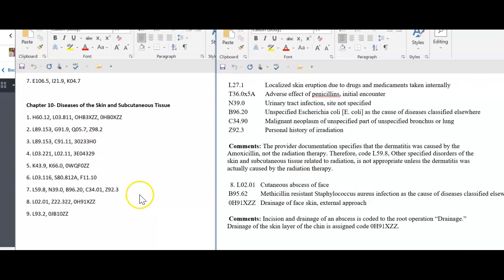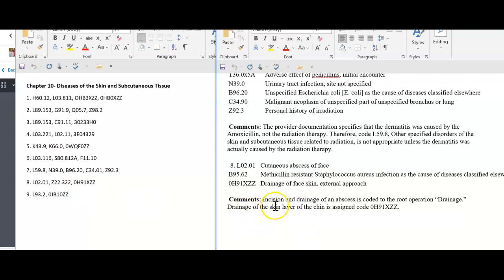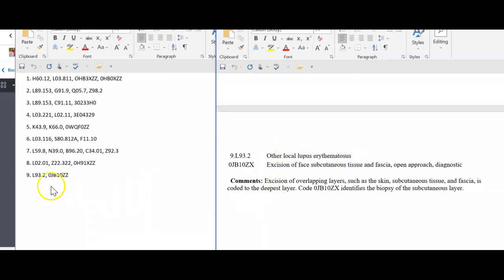Number 8 looks pretty good. We're missing the MRSA. Number 9, we have local lupus. So you're right on track. So make sure you review these. If you have any questions,